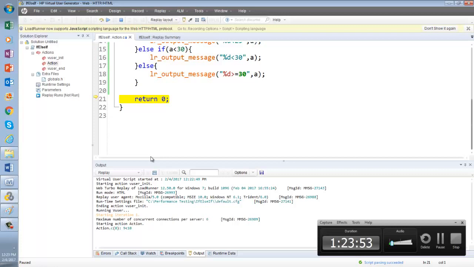You can read a value from the web application. A numerical value, like whatever you have on the screen, you can read it. And then depending on the value, you have to take a decision. You got it? Depending on the value, you will be taking the decision using if else.